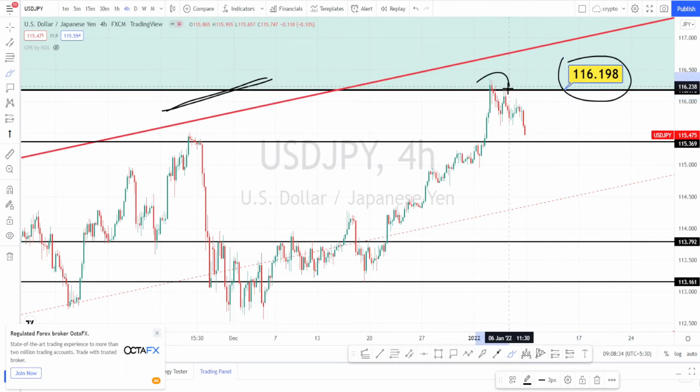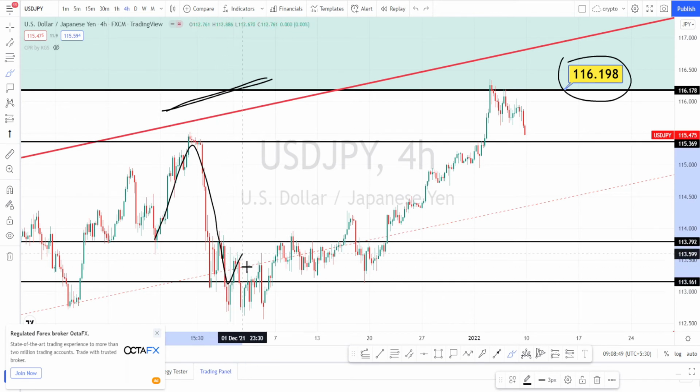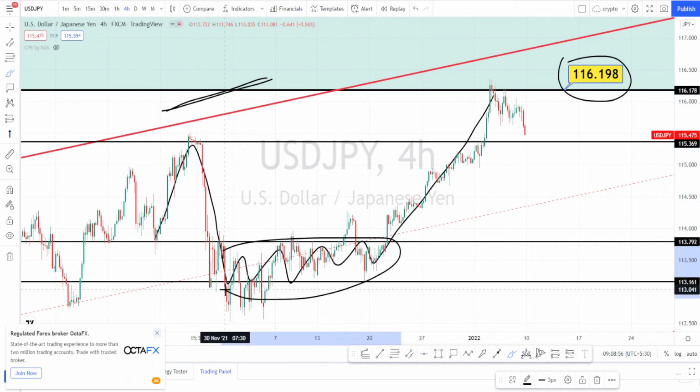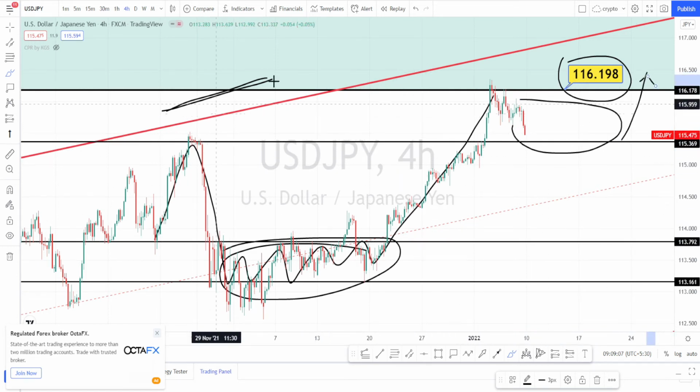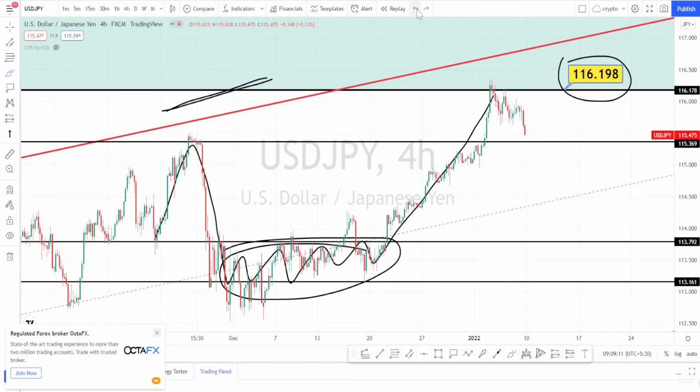Currently price got rejected at this resistance level and it is on a retracement. Retracement is very important for the bullish trend to continue. You can notice that it went on a bullish trend, retraced, again consolidated, then afterwards it started its bullish trend. I am expecting this sort of consolidation to happen over here, then a bullish trend to continue. Because overall we know that the current price action is trading within a bullish channel pattern.